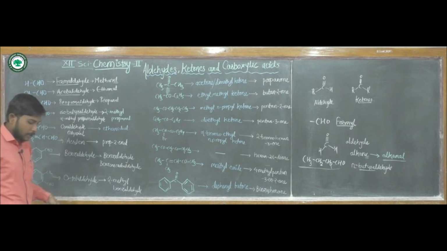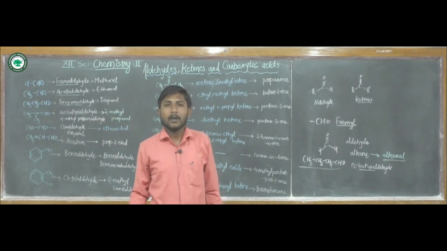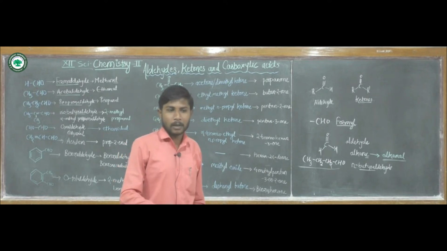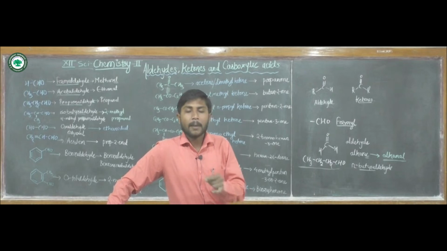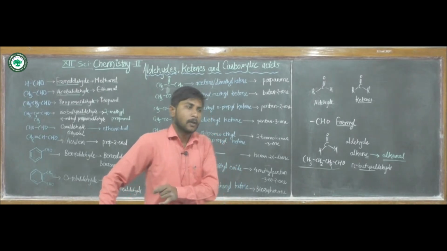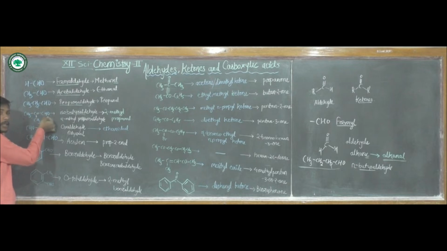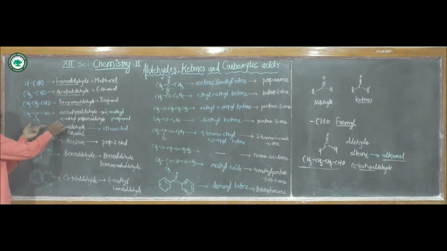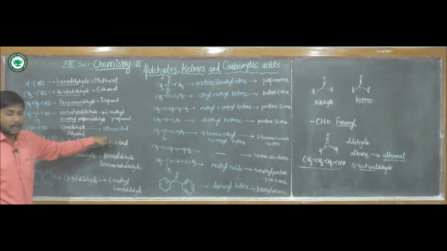Also in the common name system, we use the next carbon atom or adjacent carbon atom to the carbonyl carbon. We name or give the numbering by alpha, beta, gamma likewise. In that case, we can also give another common name to this compound, that is the presence of a methyl group on the alpha carbon atom after the carbonyl carbon atom. Means here is the alpha methyl and these 3 propionaldehyde, alpha methyl propionaldehyde.